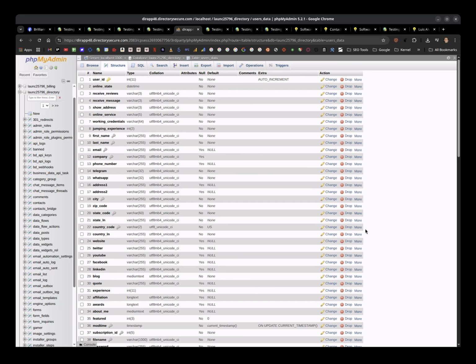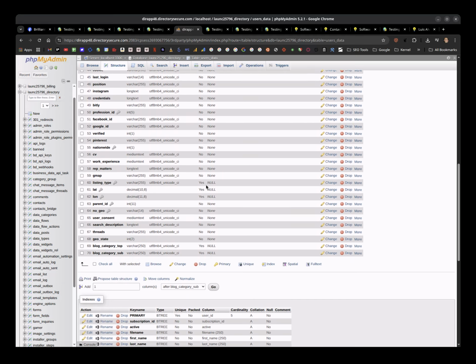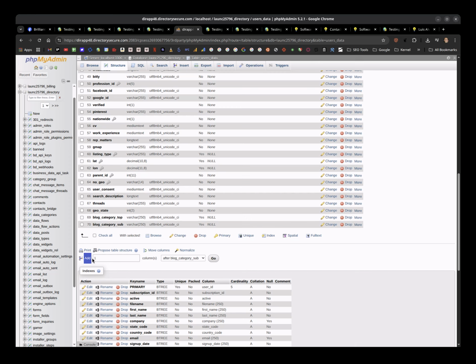Okay. To add a new badge, there's multiple ways of doing it here. But what we're gonna do, we're gonna scroll down until you get here at the bottom where it says add one column after something. I don't care what you select here. You can leave it by default like that. We're gonna add one column, just one column. You're gonna click on go,